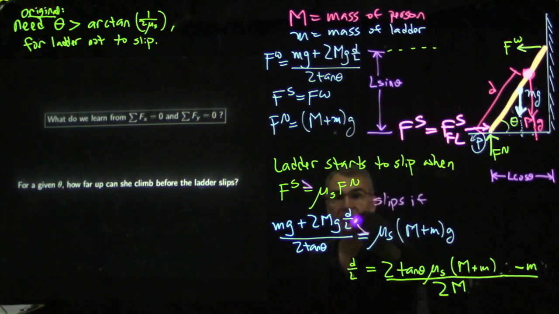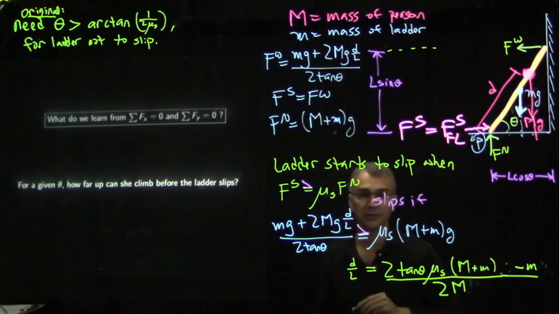And you can see that as she goes up higher and higher up the ladder, this d over L gets bigger. So d over L is 1 if she's all the way at the top. D over L is 0 if she's at the bottom. So you can see the higher up she goes, the bigger the left side gets, so the easier it is to slip. So it does seem like the higher up you climb on the ladder, the bigger the risk of